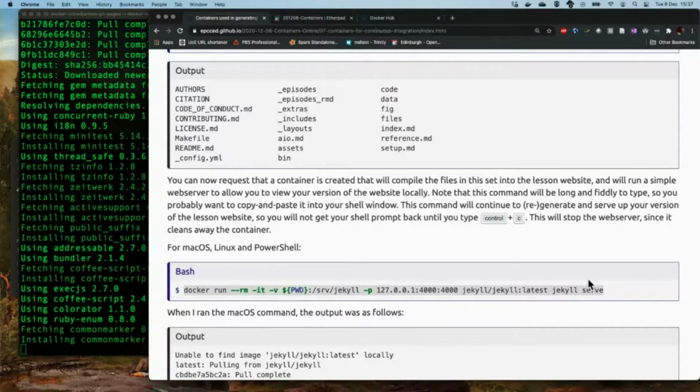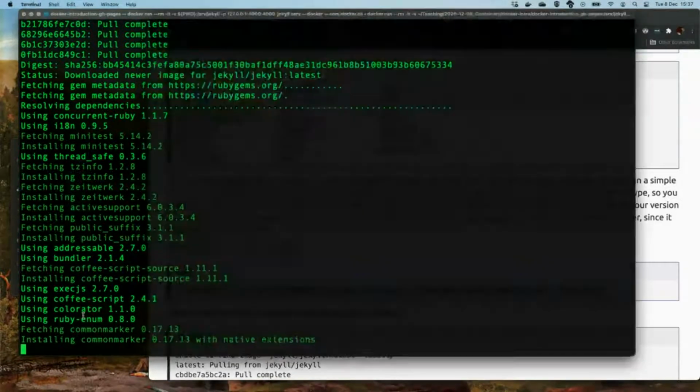I've been doing that since I did my PhD. That's how I learned programming, just trying things and seeing what happened, building up that experience, and then asking people who are more knowledgeable than yourself about what you've done wrong. So now it's on to the stage where it's downloaded all the container stuff,